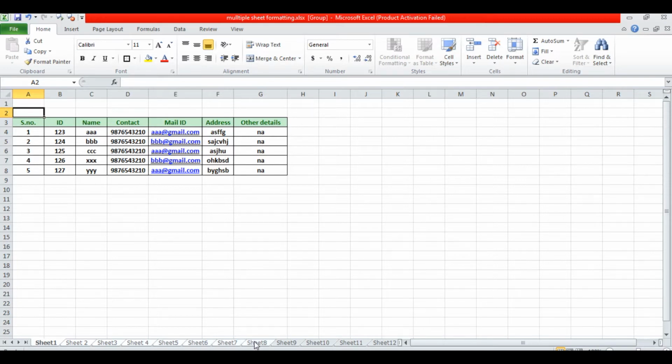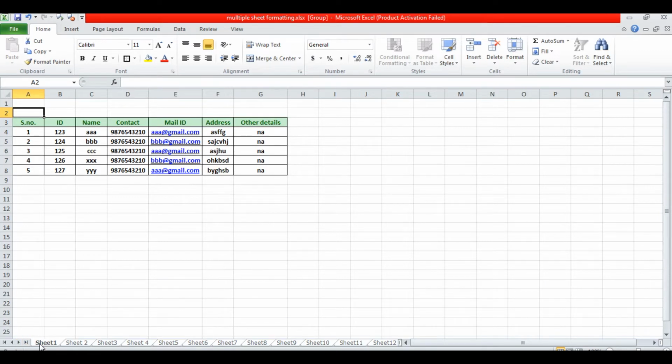Okay, I am now selecting all the sheets. Don't worry if the sheets are hidden here. When you click the last sheet, the other sheets will come automatically. Sheet 13, 14, 15. Yes, I have 15 sheets. So how do we go back to Sheet 1? You can use these controls here at the bottom left side. Yes, you can move. For the first sheet, this is the control button, and for the last sheet, this is the control button, right?